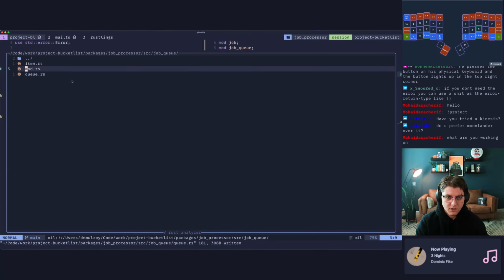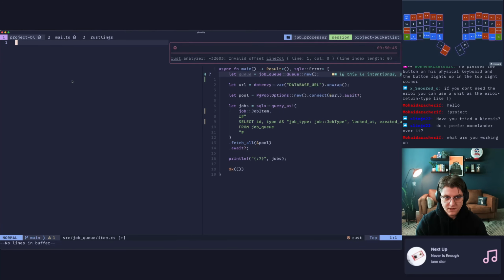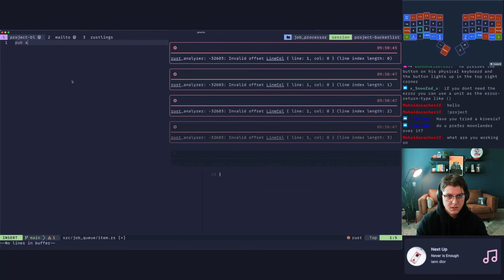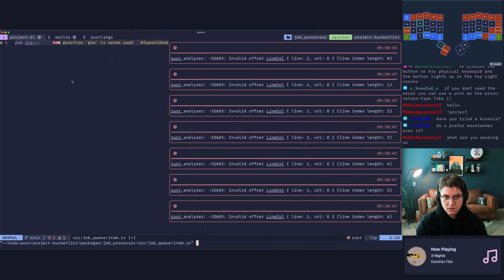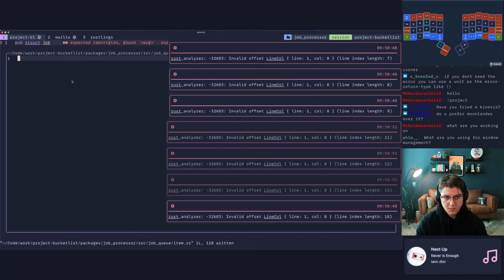And let's just say we have an item in here. So let's just say we have, let's delete that, and we have a pub struct. Okay, Rust Analyzer, relax. Oh my god.